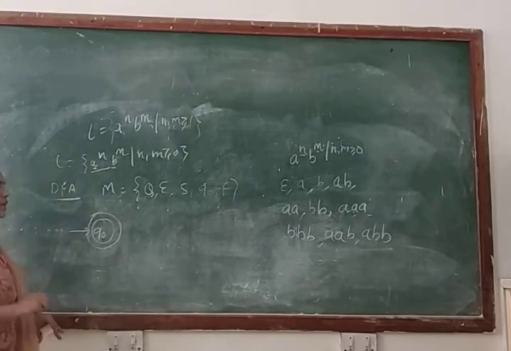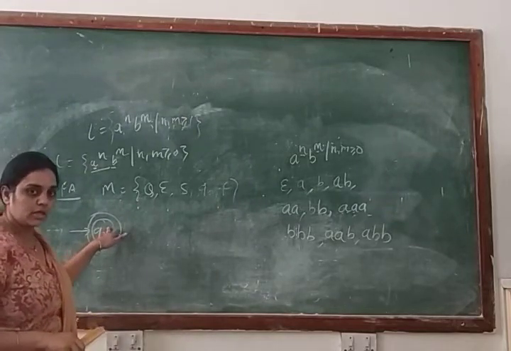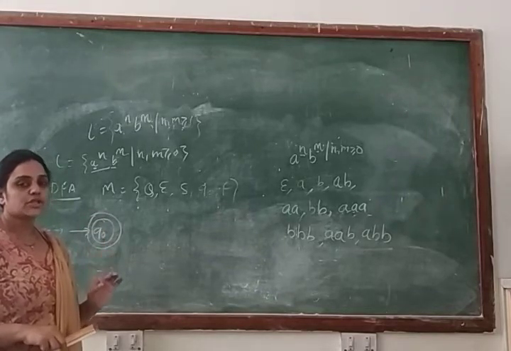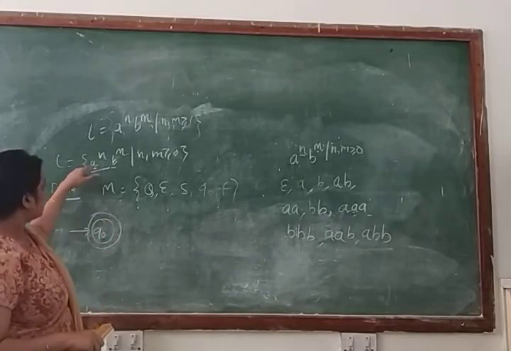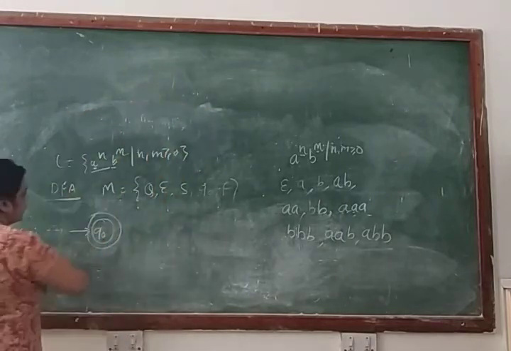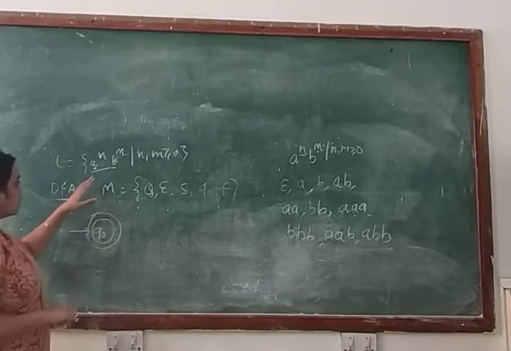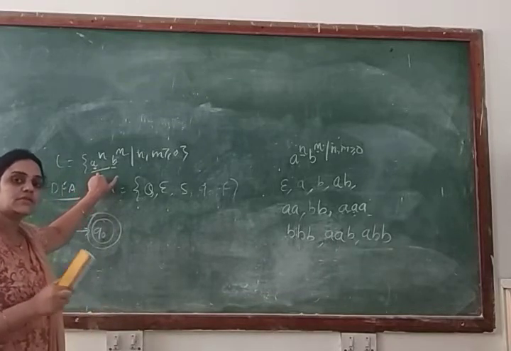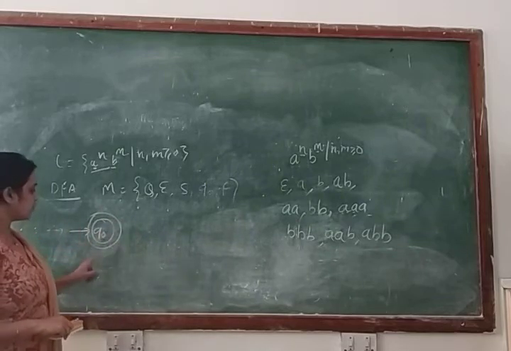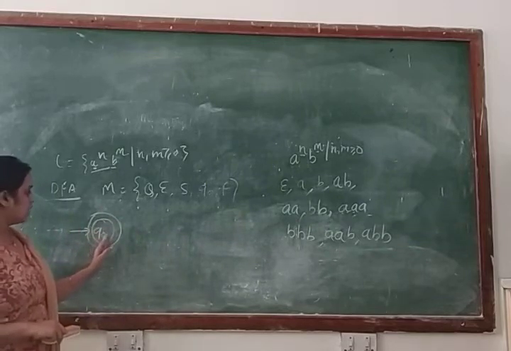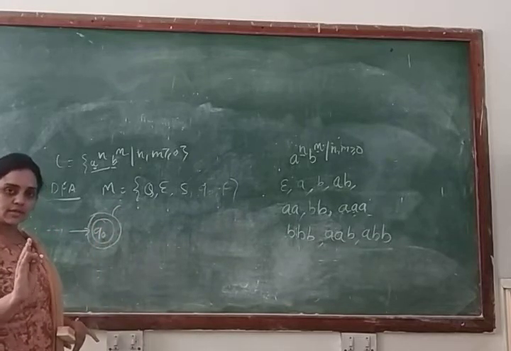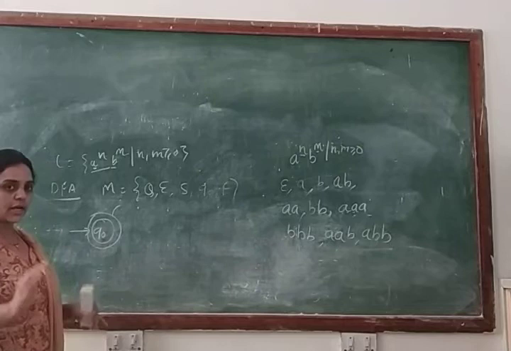Now we will make transitions, because this is not yet your DFA machine. According to DFA, every state should have a transition for every input symbol, and in your language you have two input symbols, small a and small b. That is the meaning: you have to make a transition for small a as well as for small b. Now we will make a transition for small a. Where will you make the transition for small a? You make it in the form of a self loop, because right now you have only one state. You have an initial state and a final state, and both are the same.